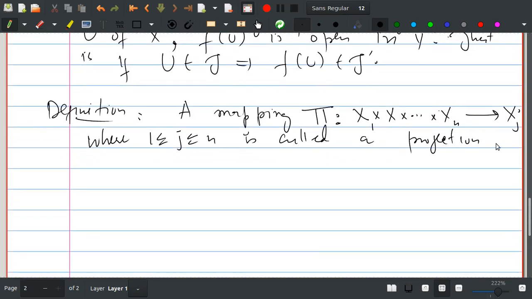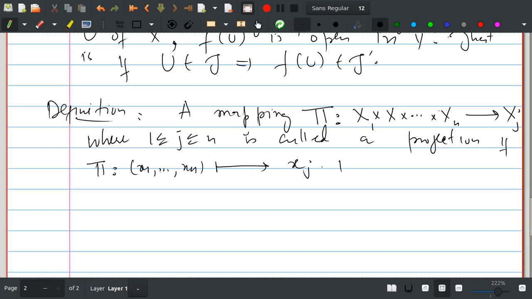If this pi takes the n tuple, say x1 through xn, and maps this n tuple to the jth component of this vector, then this is called the projection of x1 cross xn over xj. Now we have the following